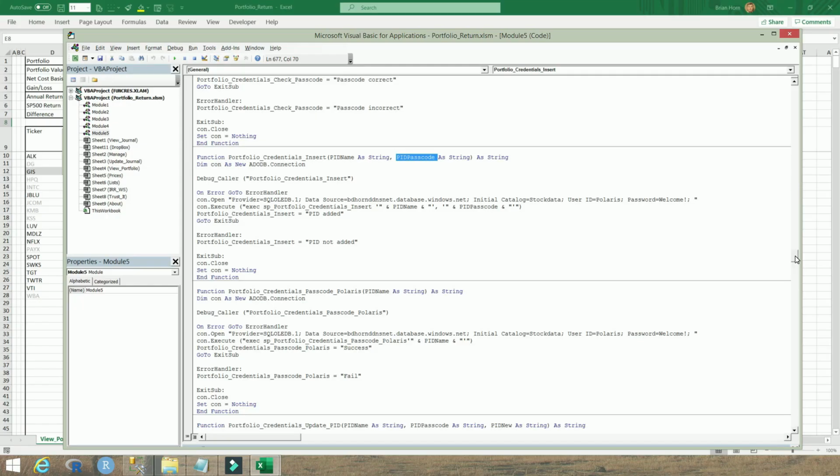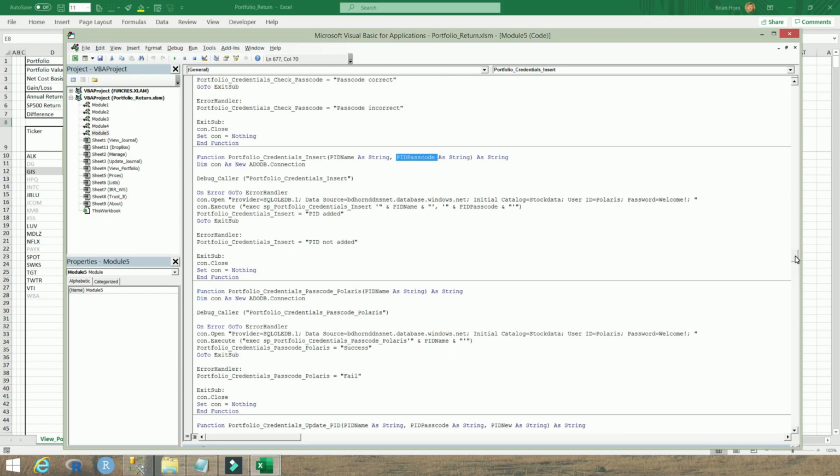blank passcode. Outside of blank, any text will be stored as a passcode for a portfolio, including the word Polaris. So if Polaris is stored and then later retrieved, it's the application that reinterprets the meaning of Polaris and essentially presents to the user that it is a blank passcode. The issue boils down to not having a way to express null and then using blank to mean null or non-existent. And now with blank meaning non-existent, we need a way to express a blank passcode, and that's what the word